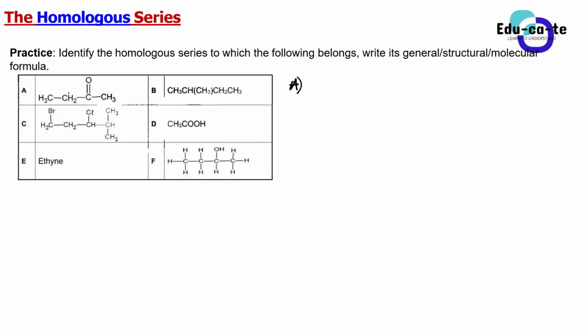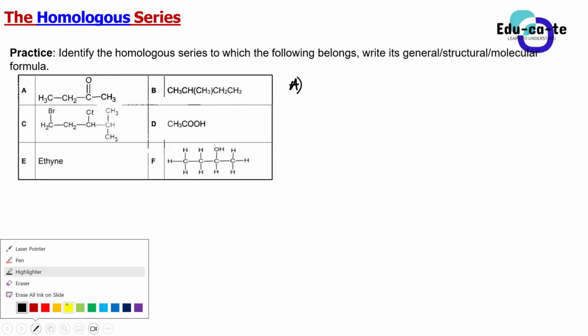Yes, sir. You raise your hand as well. Yes, Nogu? It's a carboxylic acid. Okay, Nogu says it's a carboxylic acid. What about Savage? What do you say? Ketone. It's a ketone. What about others? Who else says something different? Okay, so first of all, guys, this one is not a complete structural formula. Let us just rewrite it as a complete structural formula. Yes, Savage.